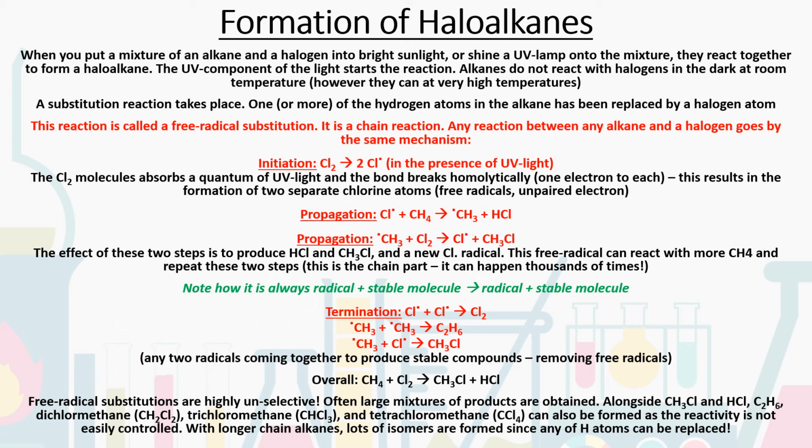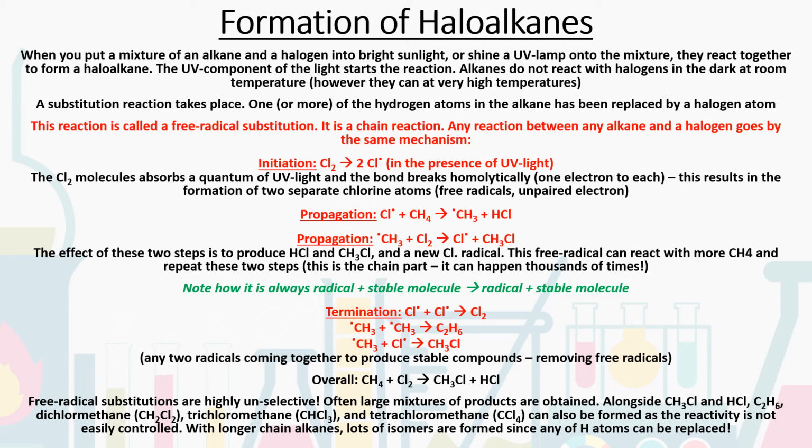And overall, the way we work out the overall reaction is to add our two propagation reactions together. Anything that's on both sides will cancel out. So we have our Cl radical on both sides, our CH3 radical on both sides. They get cancelled out. And so the overall reaction is to take methane plus chlorine, Cl2, to produce chloromethane, CH3Cl,